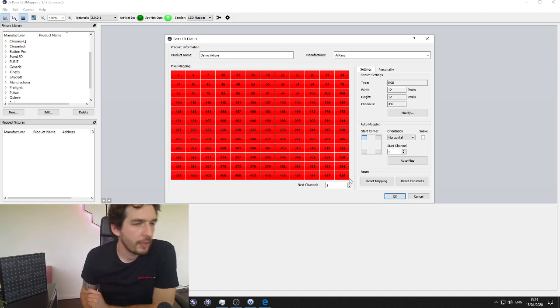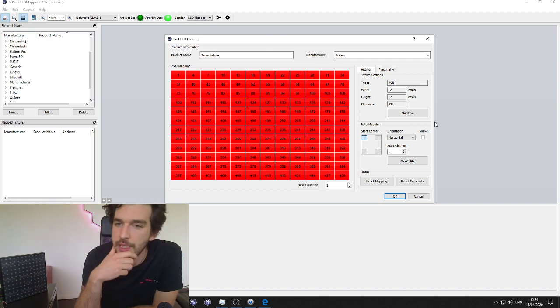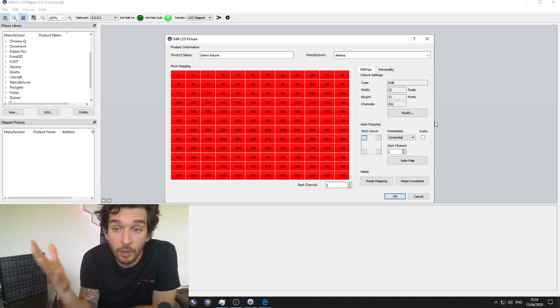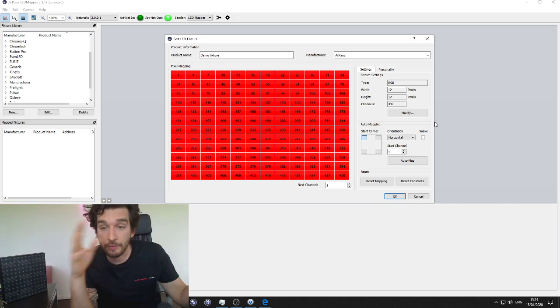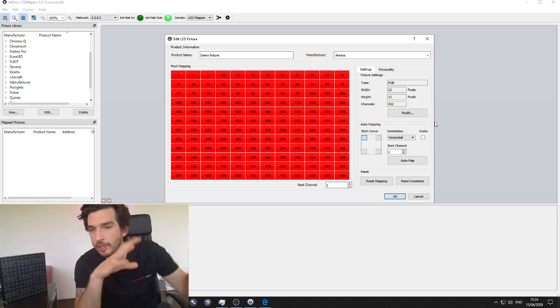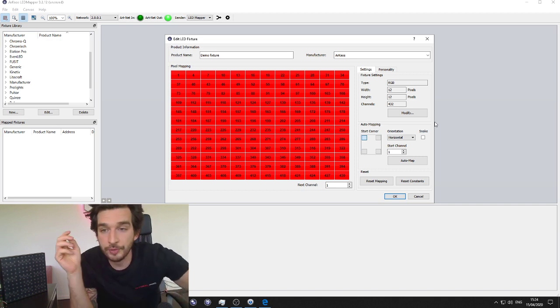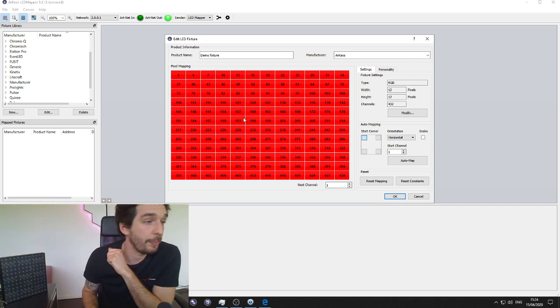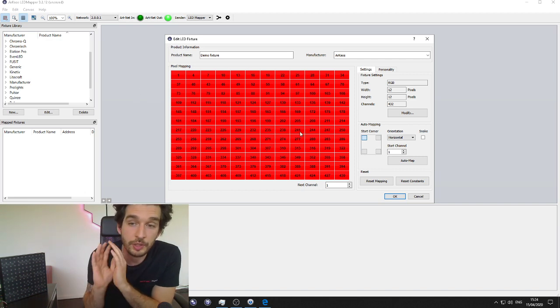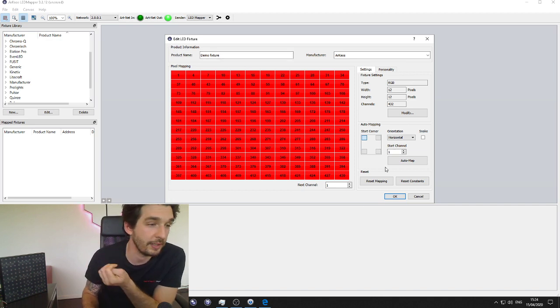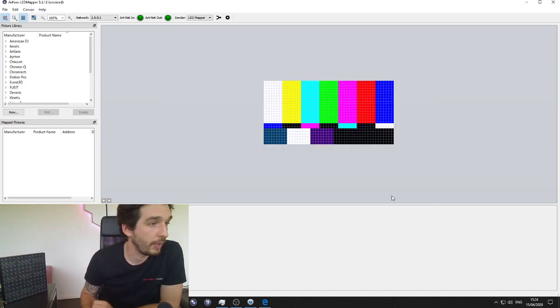Okay, so when it's done, you just press OK. A lot of the questions we get on support are from people who don't get their fixture working or have no output even if they addressed everything correctly. Most of the time they forget that step, the step of mapping, patching here. That's what I forgot. If everything is gray here, it means nothing is patched, your fixture is not finished, you won't have any output. So check that everything is red, every pixel is active, and then you are good to go. Press OK.